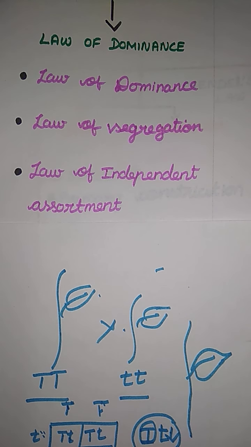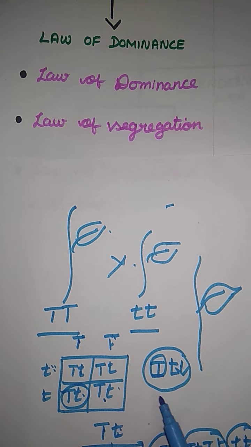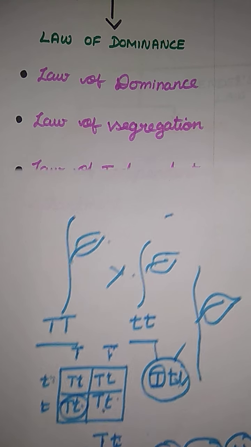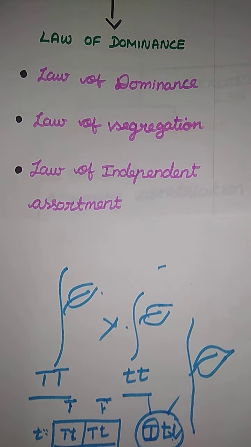Last one is the law of independent assortment. What did we say in the first one? We said it should suppress. Here, independent assortment means they won't suppress the other character. Individually they are expressing that. If it is tall individually, the tall character will be expressed, and if it is dwarf, they express a dwarf character. Both genes are expressing their character, they won't suppress anything. Okay, that is the last law, independent assortment.